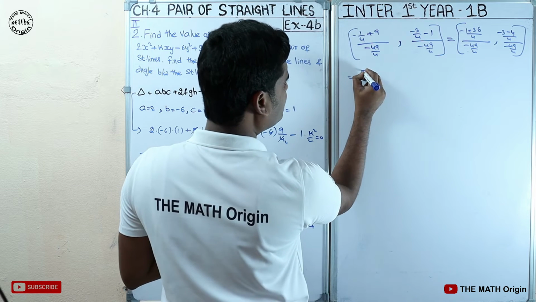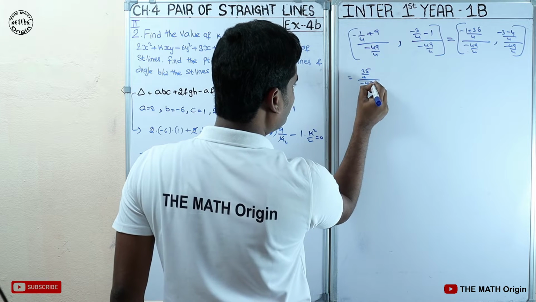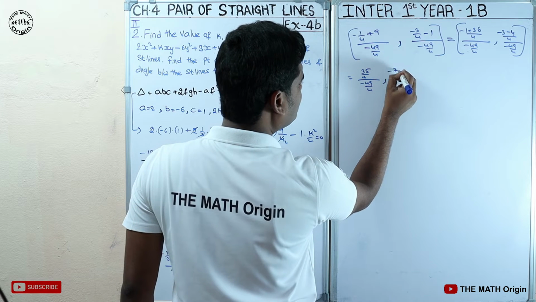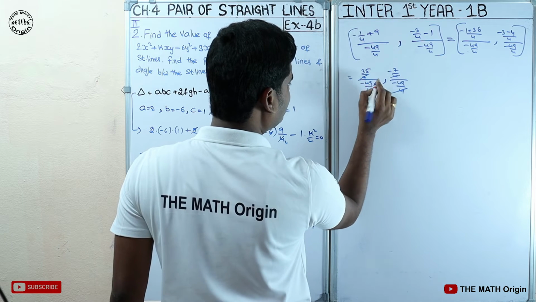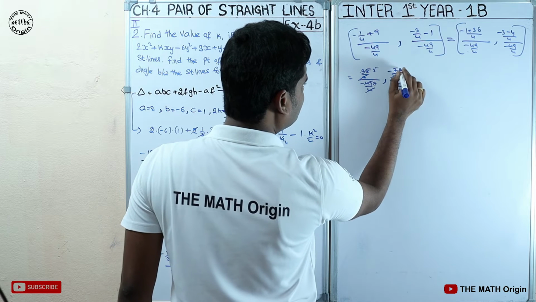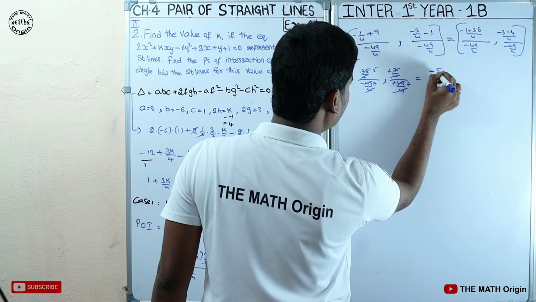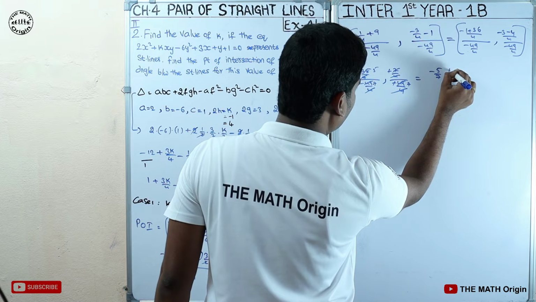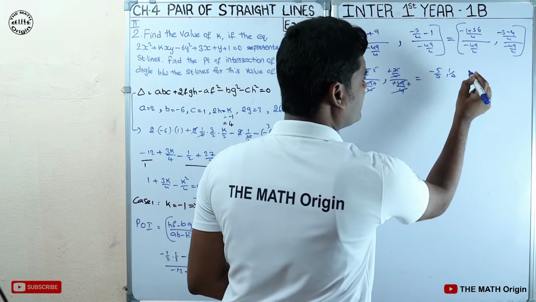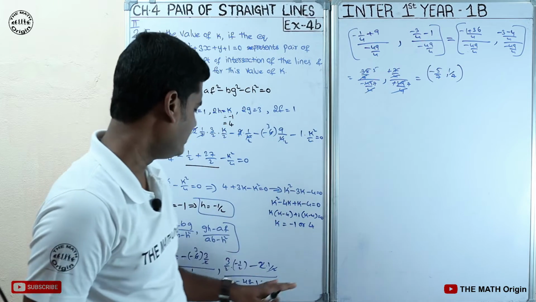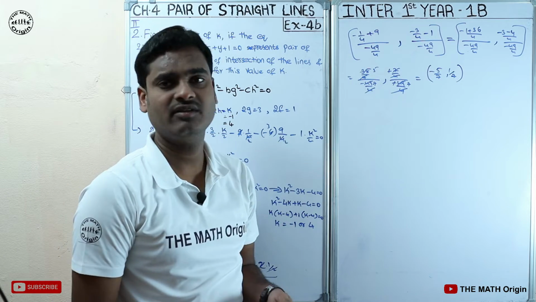Therefore the point of intersection is 35/4 whole divided by -49/4, comma, -7/4 whole divided by -49/4. 4 is cancelled, 4 is cancelled, 7 7s are 49, 7 5s are 35, 7 1s are 7, the minus is cancelled. Therefore the point of intersection is -5/7 comma 1/7 for the given k value, for k equals -1. Now we got -5/7 and 1/7 as the point of intersection.